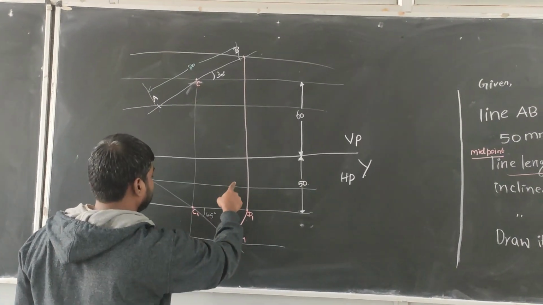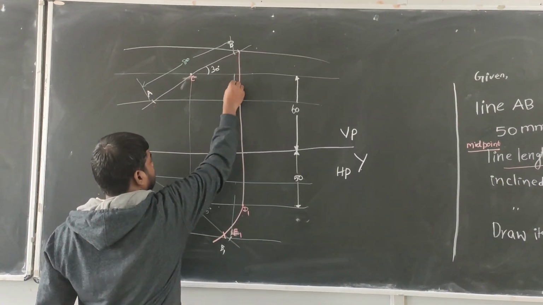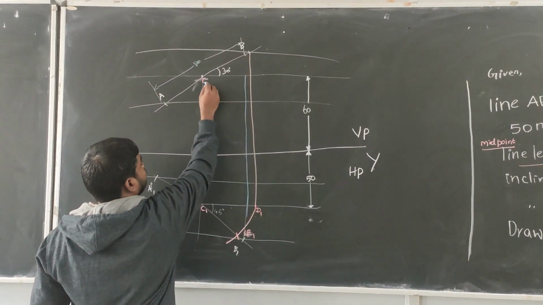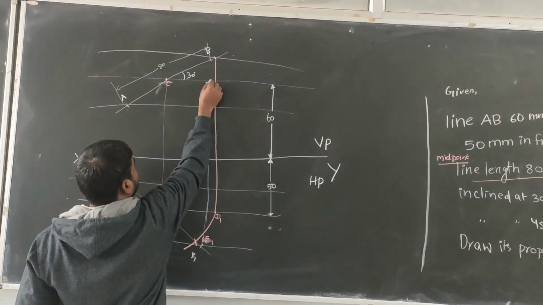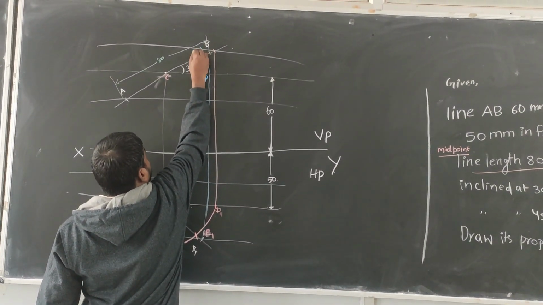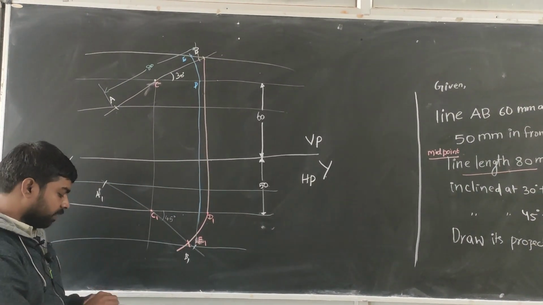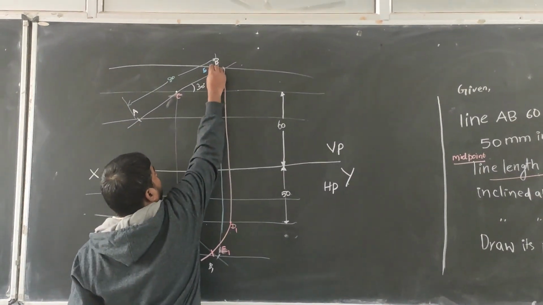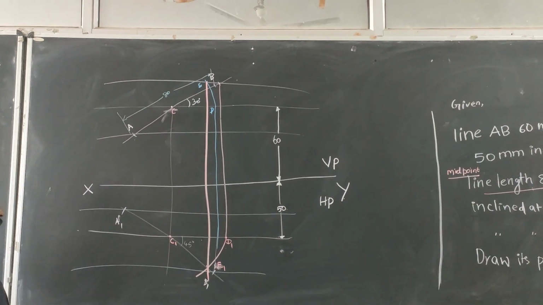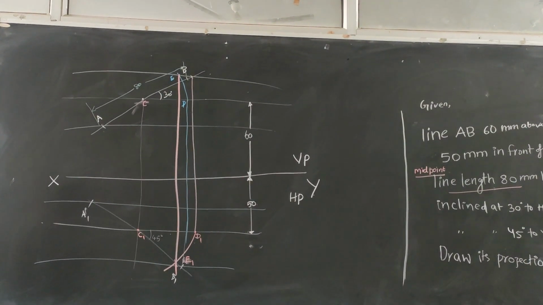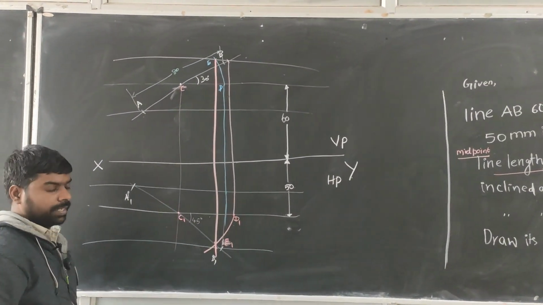Similarly, from B we have extended. So from B1, here is the point, so extend one line just up to here, the midpoint, then you measure, and you will give it D1, right. So we will give D, measure the CD distance, cut one arc here, that is E. Okay, then you try to connect E and E1, and it has to be a single straight line. If it is a single straight line, your problem is correct. This is the procedure, and this is how we are going to make the projection. And later, if you want to show the true length and other things, just make a measurement, you will get it. That's it.